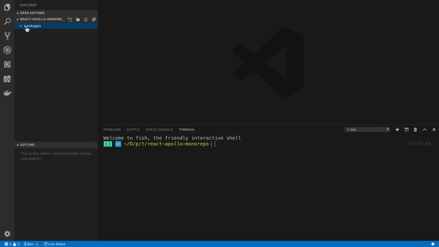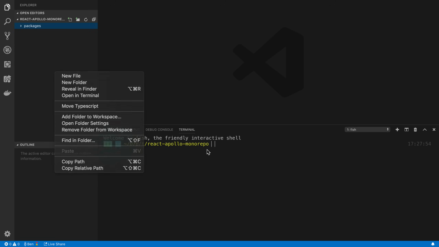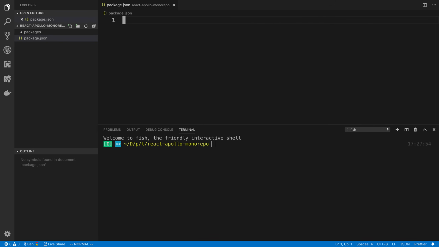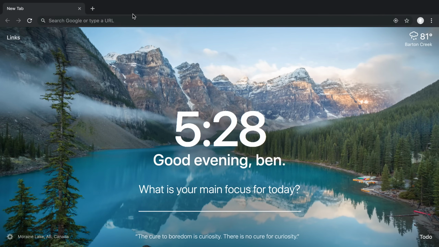So I'm going to create a packages folder. That's where I'm going to put all my Yarn Workspace stuff, because this is going to be a monorepo, and I wanted to show how you can create a common package to share between the server and the front end. So I'm also going to need to create a package.json in the root to enable workspaces, and